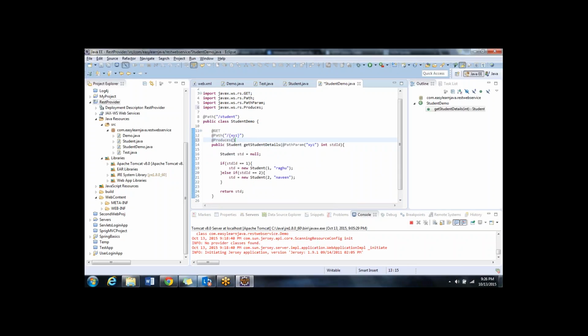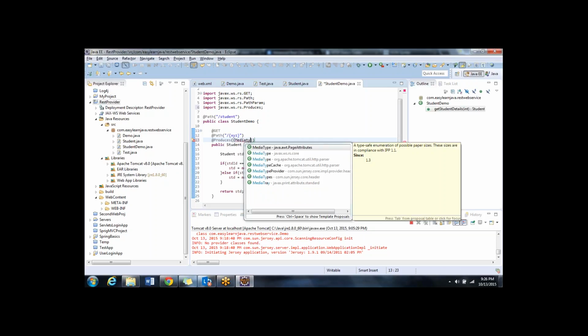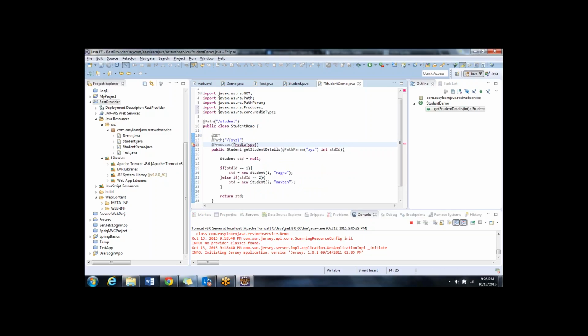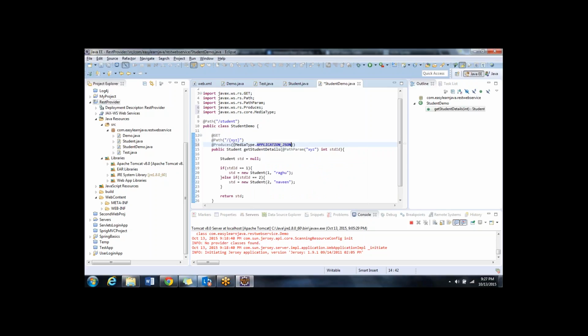So here I say MediaType.APPLICATION_JSON,